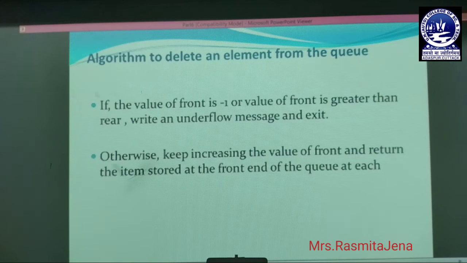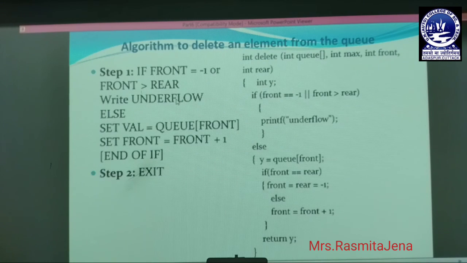So, let us see the algorithm to delete an element from the queue and the function implementation. In the first step we check if front equals -1 or front is greater than rear, then we print the underflow condition for the queue. Otherwise, if this condition is false, we go for the else part, and the element which I want to delete from the queue,